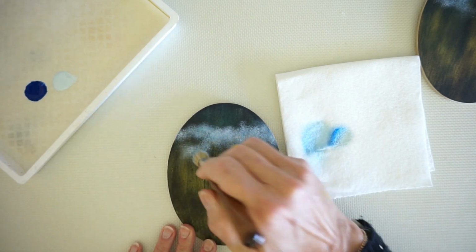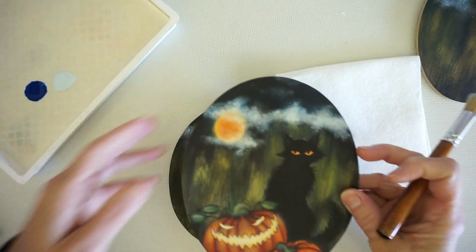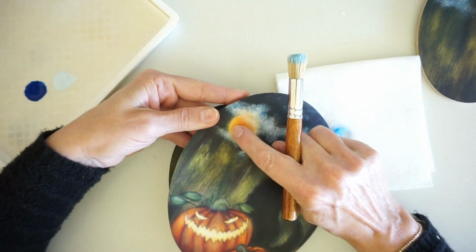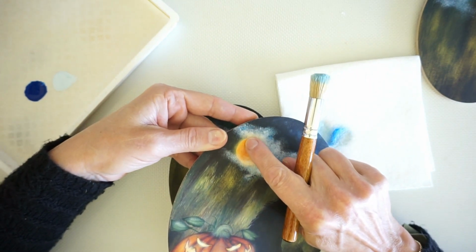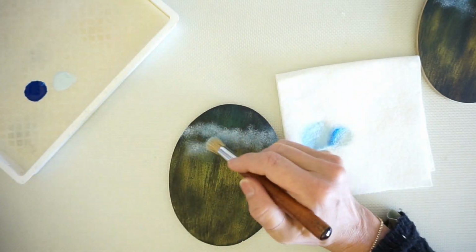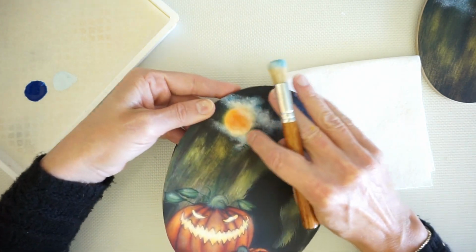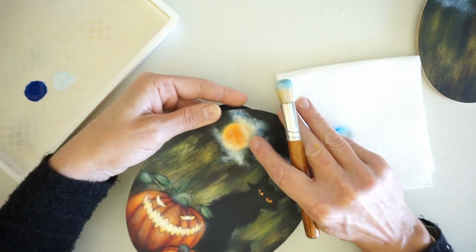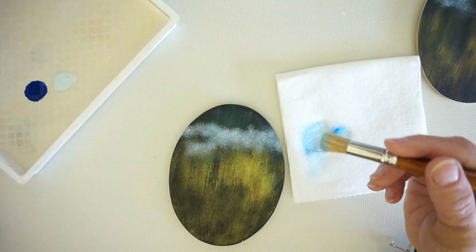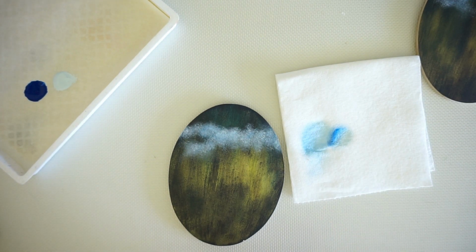Like I said, this area around the moon's going to be covered, but this is also how you do this really cool shading around the moon. At this point, you'll use a deerfoot stippler. I used a 1/4 inch one, and just very lightly on the edge of it, just kind of soften it so it looks like a mist. And you do this after you do your shading on the inside of the moon, and we'll go over it with more clouds. And then later in the pattern, this is several steps down the line,